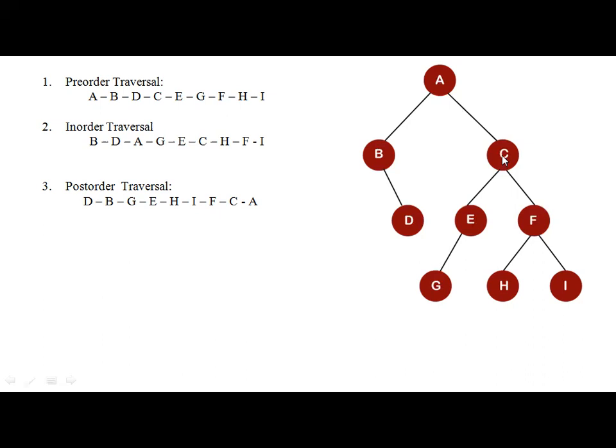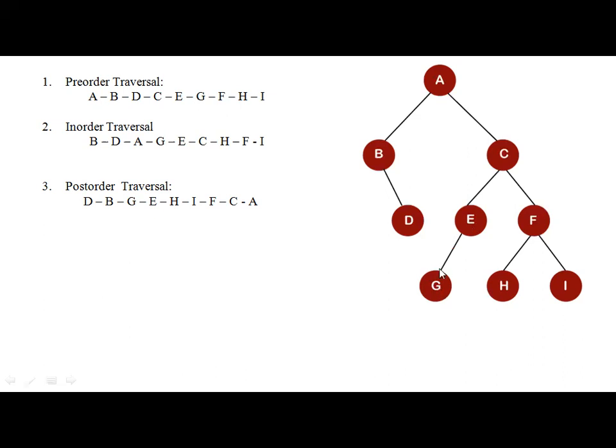Okay, so then after visiting the root, you should go to the left. Again, at every node, you should follow root, left, right. So go to its left child. Okay, E, come to E here. Then check whether it is a root node here. Yes, since it has a child, it is a root node. So immediately write onto the output. Okay, E is written. Then after visiting the root, again go to its left child. So G is the left child, write onto the output. Then go to its right child.